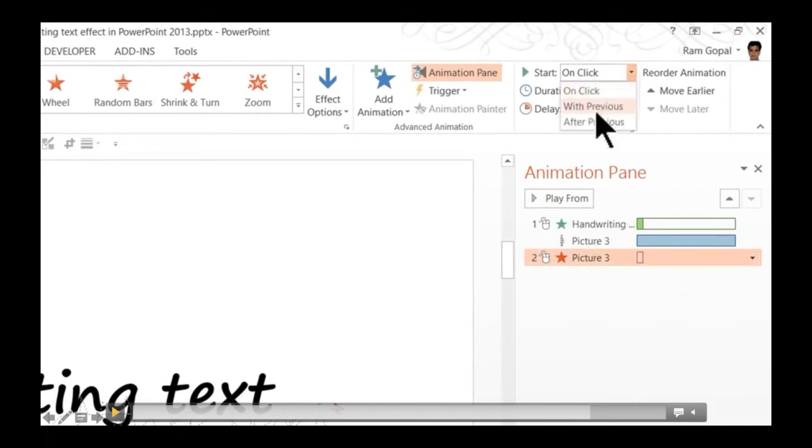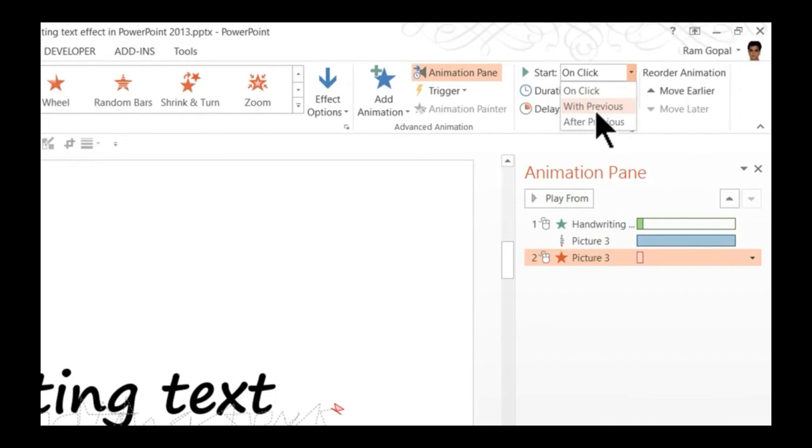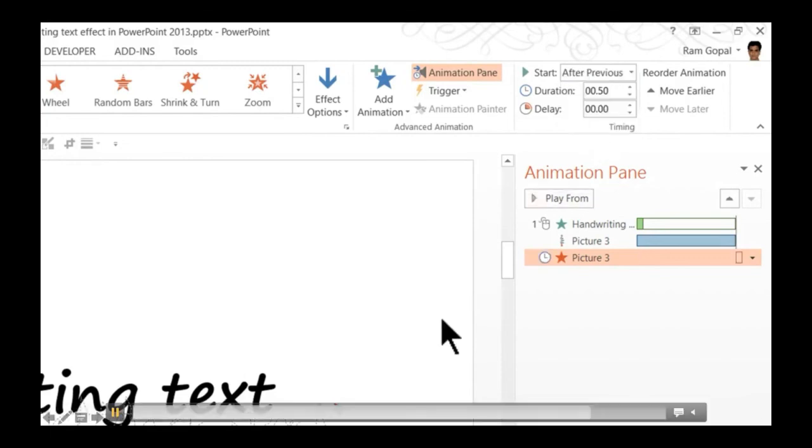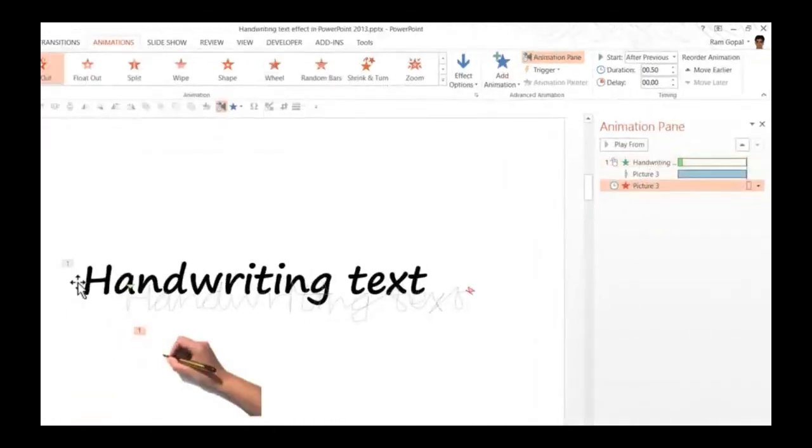Just again click on that one, not on mouse click but with previous one. So once the previous animation finishes, the next animation automatically starts. Look, this picture is, and so handwriting I have already selected, is done. Now I just need to make the picture disappear at the end. Once we're done,